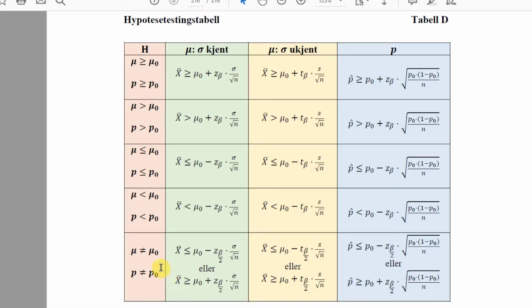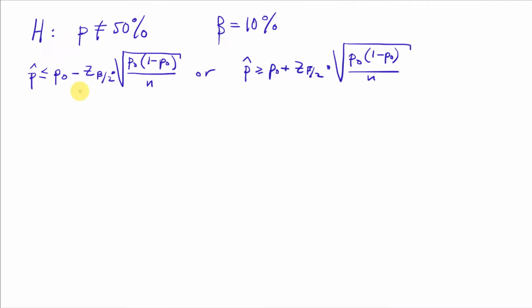Then looking at the hypothesis table, we see that our hypothesis stands here, and we are testing p. So we need to test that either this one is true or that one. That is these two. And if at least one of these is true, we can conclude that the hypothesis is true with a significance level of 10%. The probability table gives that z beta half, and here we should have beta half as the index here. So it's not z beta divided by 2. We have beta half, and that's 5%,